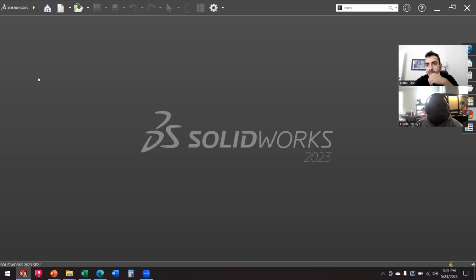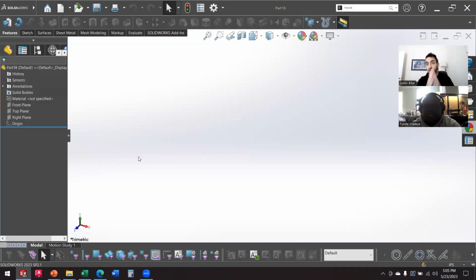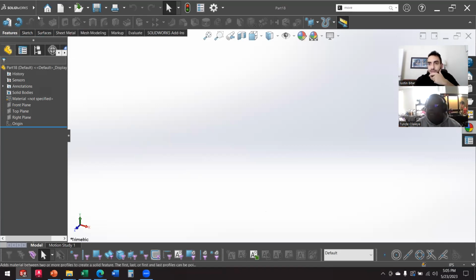I wanted to go over a couple of things. I want to do a real quick tutorial on some things. I want to show you multi-body modeling, which is the method that we use to do a lot of the designs that we work around. Like with the circuit boards that I'm going to give you to clean up and redo,